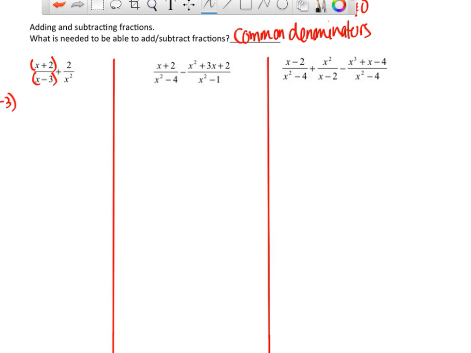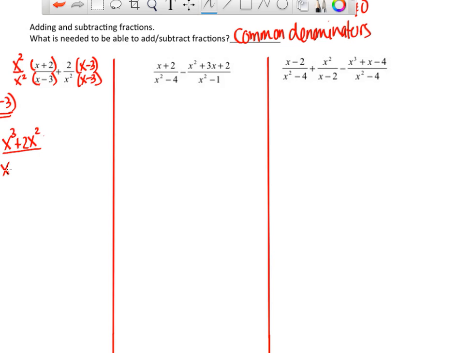So how do I use this? Well, the x minus 3 I have, but I'm still missing the x squared in this one. So I need to multiply this one by x squared over x squared. And this one has the x squared, but not the x minus 3. So I need to multiply this one by x minus 3 over x minus 3. And then you just multiply things out and see where you are. So x squared times x is x cubed, plus x squared times 2 is 2x squared,